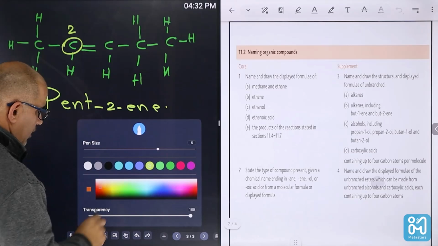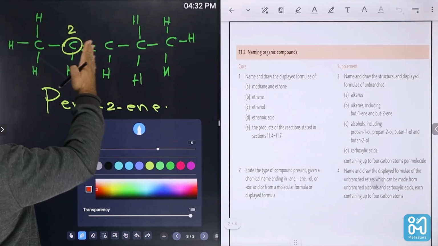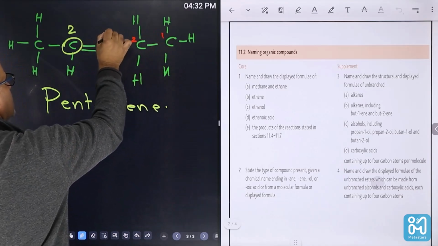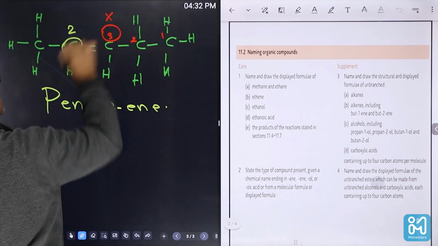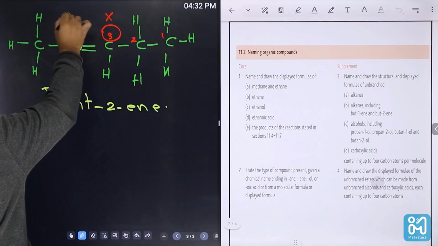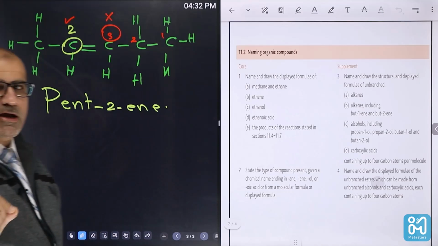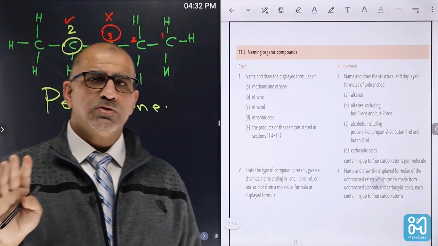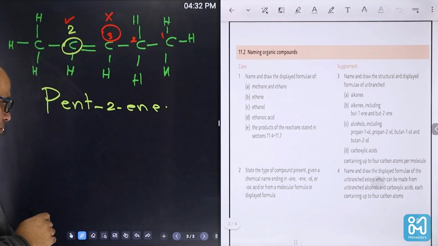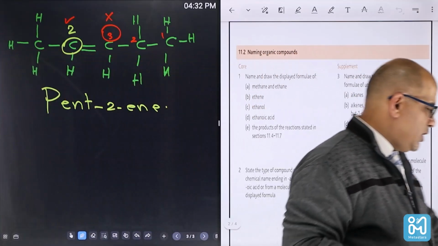Because if you count here from right to left, you can get 1, 2, and 3. But the 3 here is not used because it's higher than 2. So always we select the lowest number for identifying our locant or to identify the position of the functional group,